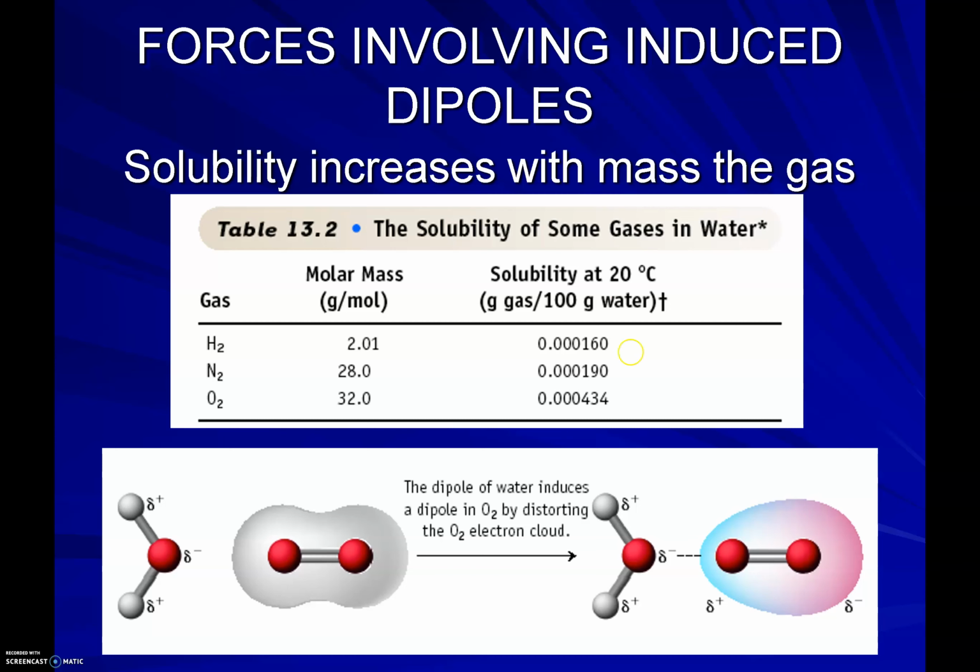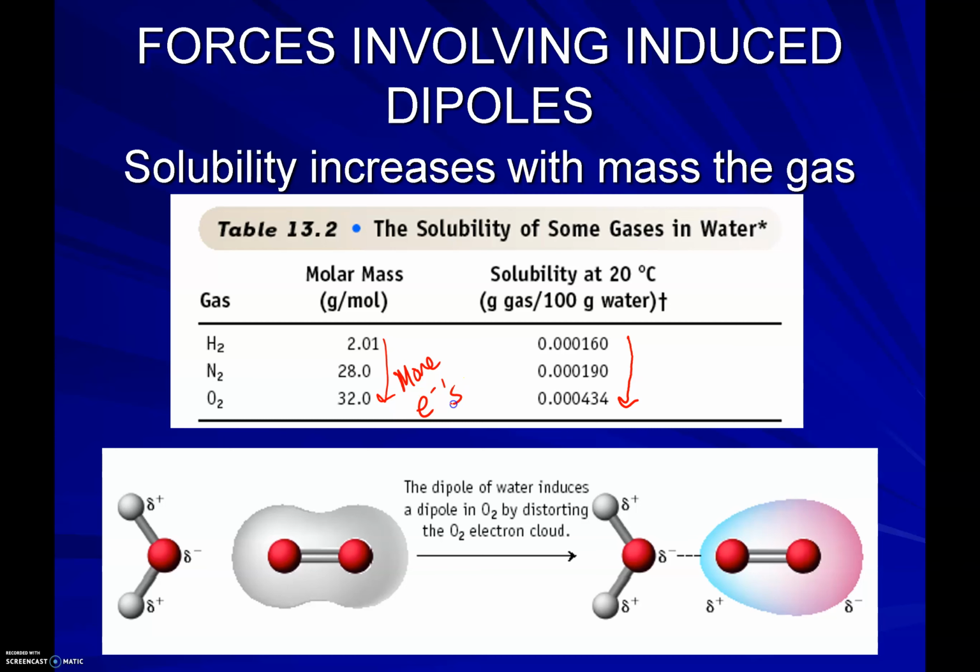What you do see is an increase here as you go down, though. And so why would that be? Why does this actually increase? Well, if you look at it, as I go down, I'm increasing the solubility. As I go down, my molar mass increases. That molar mass leads to